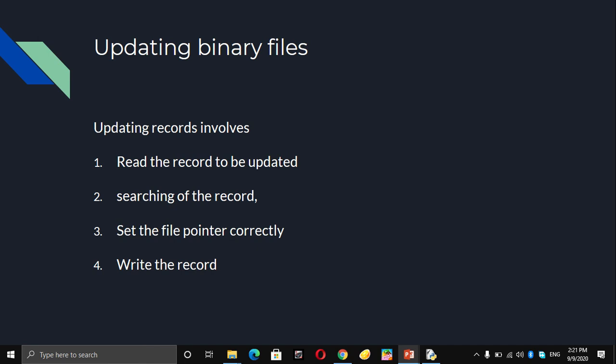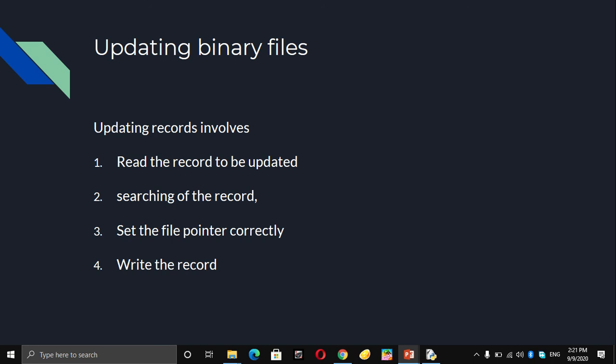Now how to update the binary files? To update the binary files, first of all we have to open the file in rb+ or wb+ mode. Then we will read the record which we have to update.